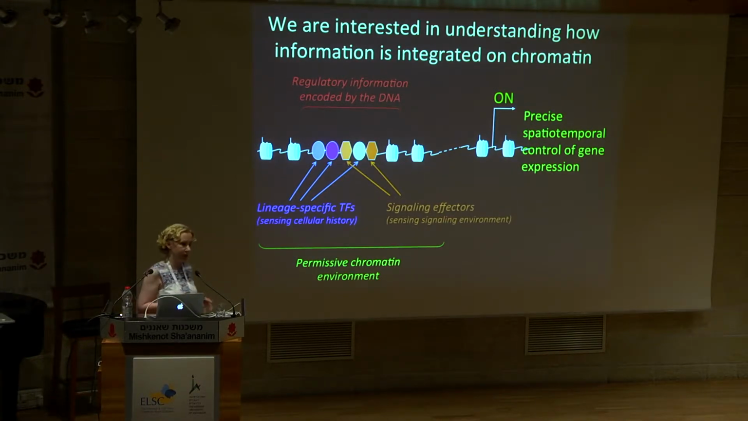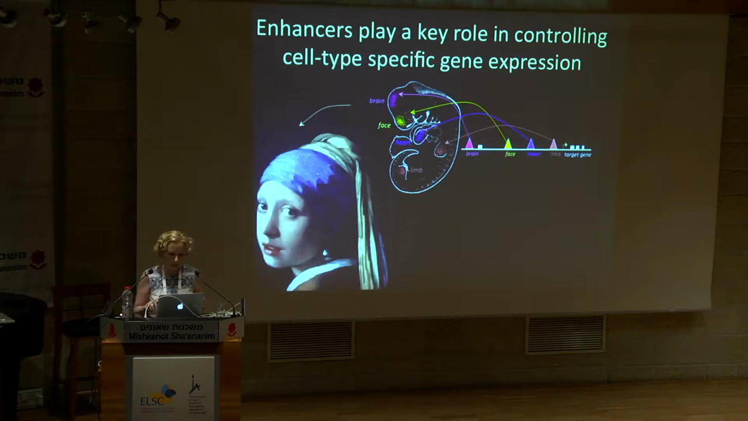And all major signaling pathways do in fact end on chromatin, with signaling effectors talking to regulatory elements. So we really want to understand how these three layers of information, our genetic information, context of a specific lineage, and then environment, work together to establish permissive chromatin states that in turn allow for very precise spatiotemporal control of gene expression during development. And when we talk about precise spatiotemporal control of gene expression, of course we have to